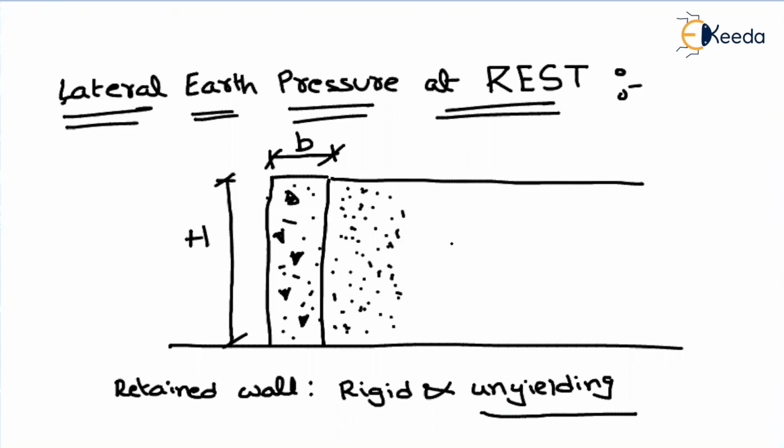So for analyzing purposes, let us consider a point in the soil mass, and let us say this point is at a distance of z from the top. Now let us see what forces are acting on this point. I have represented the forces. Tell me the magnitudes I have written there. Can you see them? No, we cannot say.